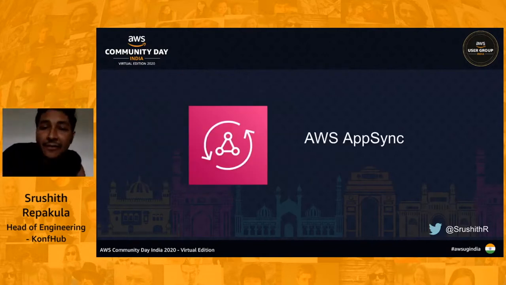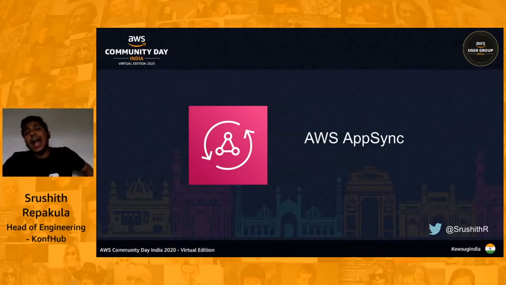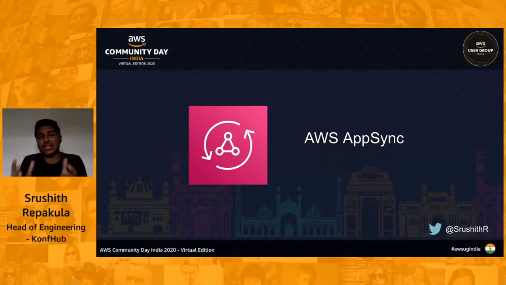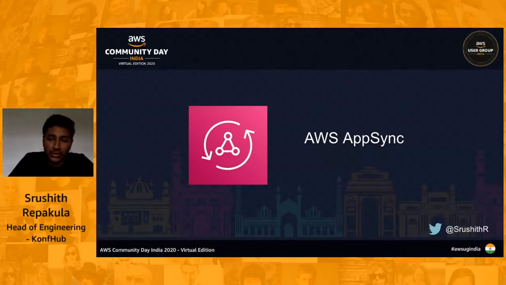The next one we have is AWS AppSync. As I told you, the topic for today is not just Lambda functions, but how we can build serverless applications itself, right? AWS AppSync is a managed GraphQL service from AWS, which helps us write GraphQL APIs. As simple as that. I don't know how many of you have built GraphQL APIs, but on AWS, AppSync is the service that will be used.